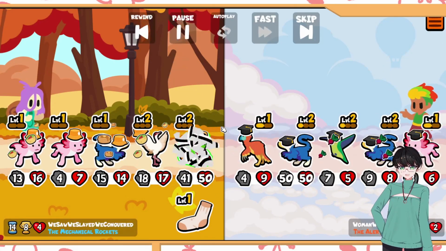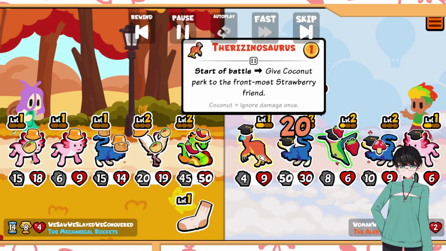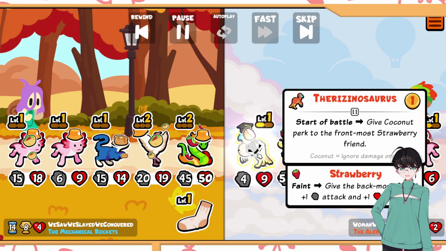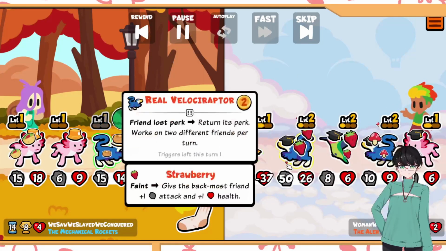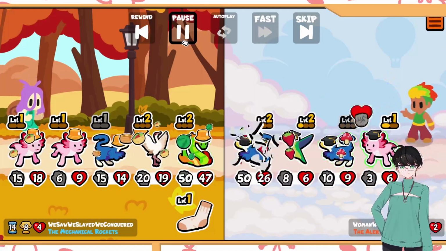Wait, what did the... Oh, interesting. It gives to itself? Why would it do that? It says the frontmost strawberry friend, not friendly strawberry unit. Usually they need to be friendly to be able to target itself, but okay. Maybe it's a bug? I'm not sure. I feel like if they're doing this, they probably would target them. I don't know, maybe it's intended, but